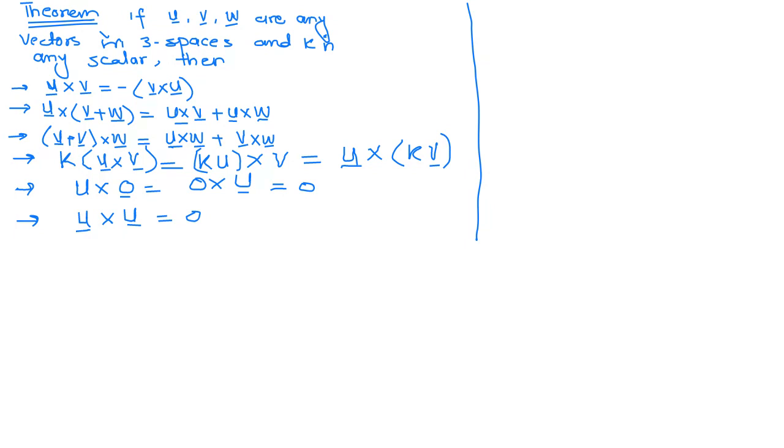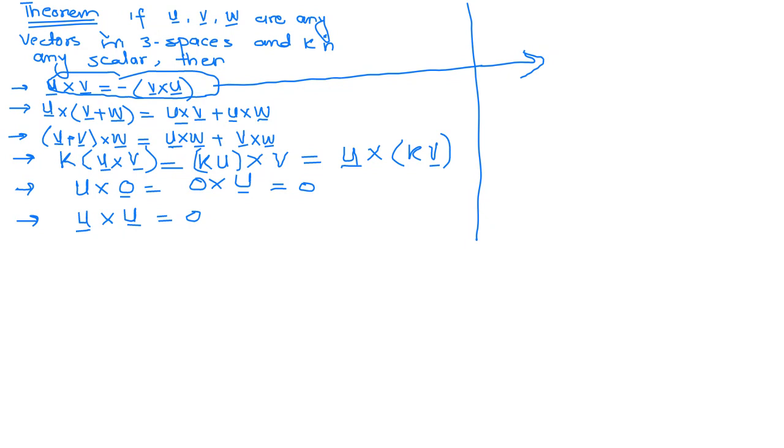Okay, now these are the different properties of the cross product. So you can prove each property, just like you remember in the last class, we derived that if we take the cross product of two vectors, it will give the negative sign if you reverse the order of the cross product. So you can easily find the cross product of any things.